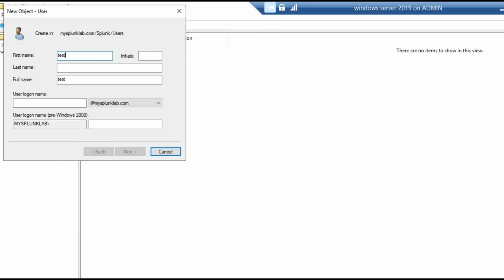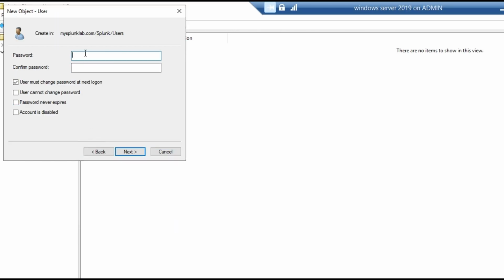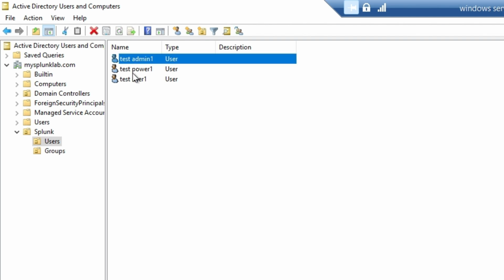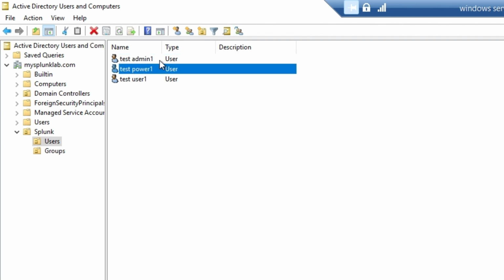Now I will create users in the Users OU called test.user1. Later we'll give user role to this user in Splunk. Now similarly, I will create two more users called test.pow1 and test.admin1, and later we'll give power and admin roles